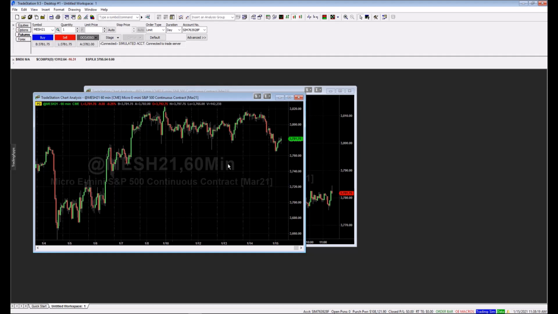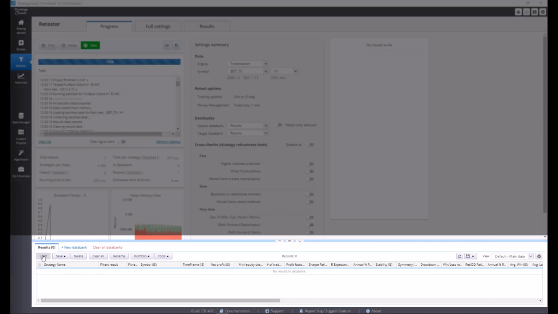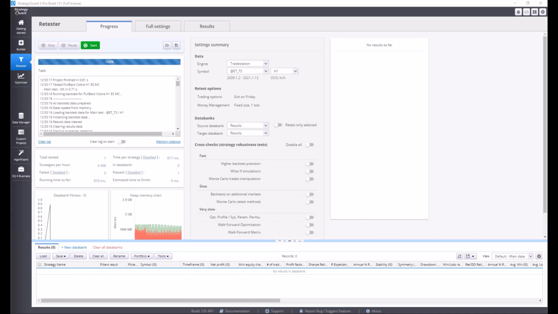Now there is a last step ahead of us, which is importing the strategy from StrategyQuant into TradeStation and setting it running live. So let's go back to StrategyQuant and export our strategy. As the first step, we need to load the strategy we want to export into StrategyQuant. So I will go here to the retester, data banks, click load, select the strategy,